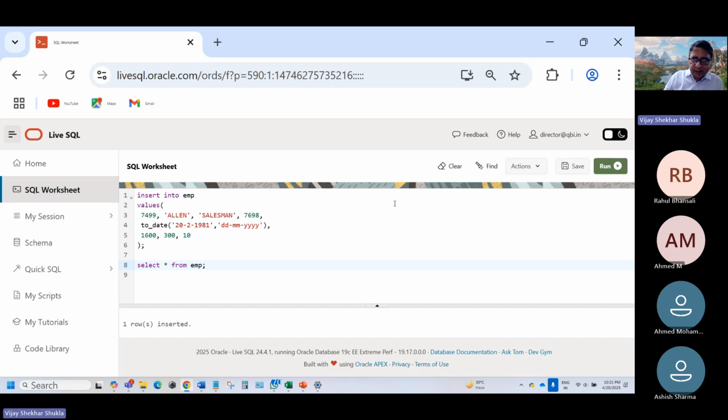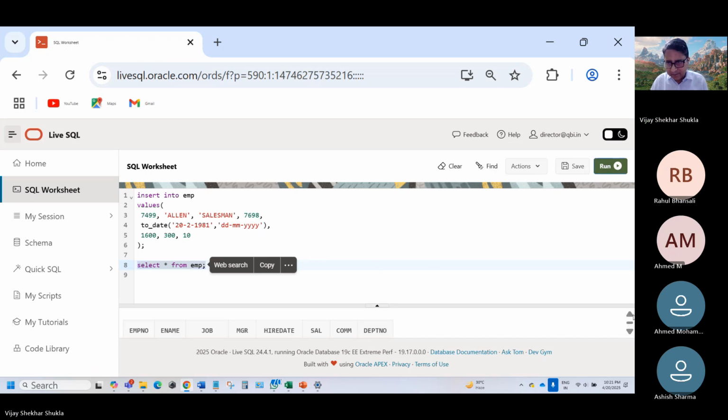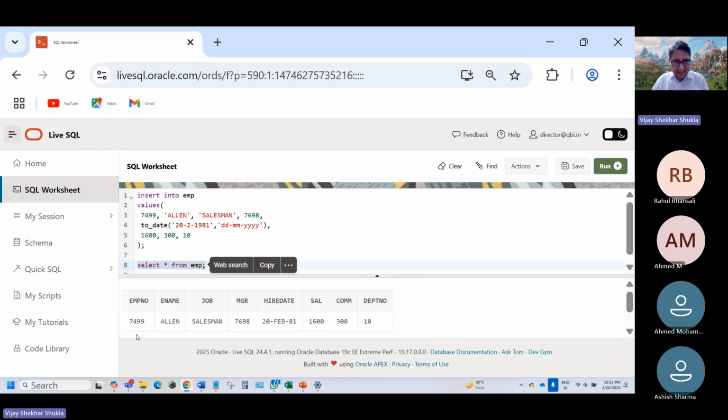SELECT star FROM EMP. Powerful command. And this time you see I have not done the clear. What I will do, I will just select this command and click on run. As I do this, only this command will be run. See here. So this is my content in the EMP table. Similarly, if I write SELECT star FROM DEPT,